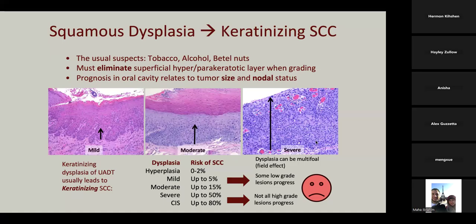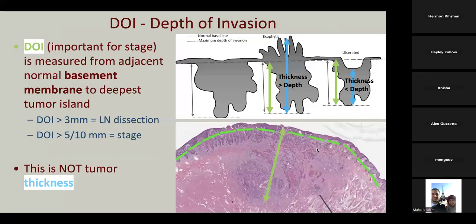In the end, many of them end up with invasive keratinizing SCC, in which depth of invasion, not tumor thickness, right, is critical for stage and for prediction of lymph node mets. So 3 millimeters depth of invasion predicts lymph node metastases in the tongue. 5 to 10 millimeters depth of invasion is critical for staging in the oral cavity, and thickness, of course,